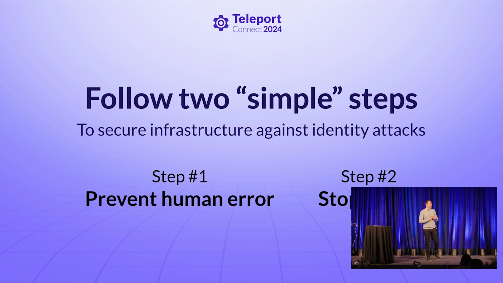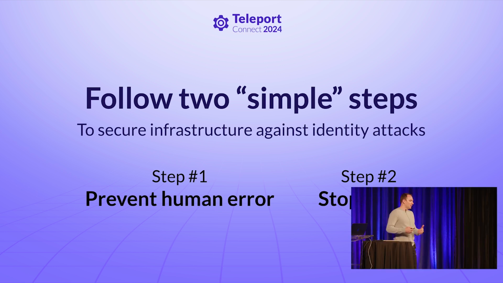We are extremely unreliable moist robots, so we predictably make mistakes all the time. These mistakes might include clicking on the wrong attachment, clicking on the wrong link, sharing our private key with a friend who then leaves the company, leaving your laptop on the subway or in a cab, or misconfiguring something, putting a wrong value in a configuration file. All of these things are human errors. And an identity attack is about exploiting that error just to get a foothold into your organization.